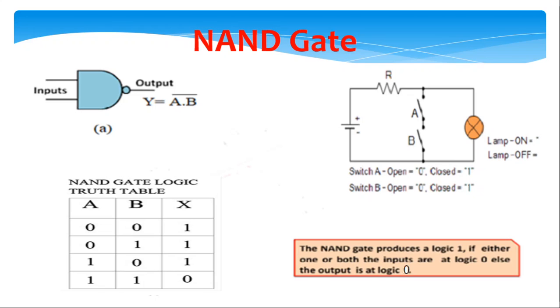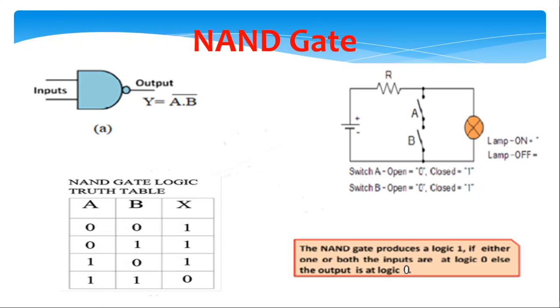Let us now study NAND gate, that is NOT AND gate. It can be obtained by connecting a NOT gate at the output of an AND gate. The logic symbol for NAND gate is shown in figure A. It basically performs logical ANDing and then provides inverted or complemented output. In the NAND gate,